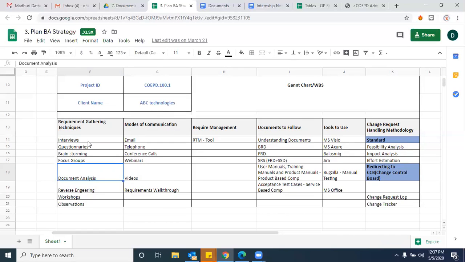But when you have a clearly defined scope, you may not go with brainstorming, right or wrong? So is it applicable for HMS, or is it not? For HMS, the best technique that can be used is focus groups. And why? Because you already have a very clear idea of how many departments are working in this HMS, and what sort of defined responsibilities each department has. Already they have a clear picture on it.